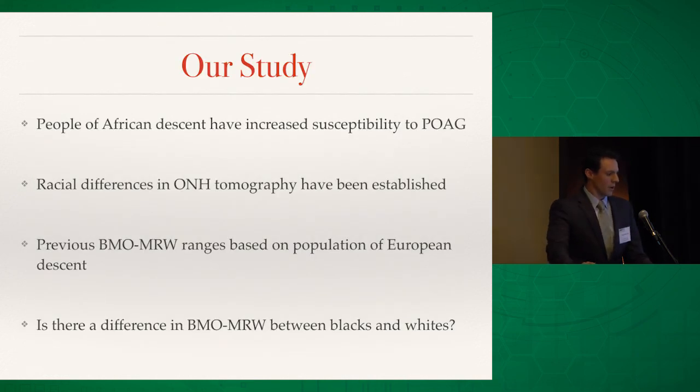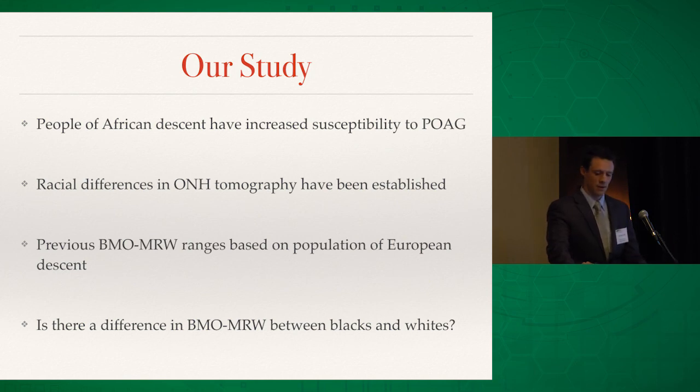So in our study, we wanted to know if there was a difference in BMO MRW across races. We know that people of African descent have an increased susceptibility to open-angle glaucoma. We know that there are studies that have shown that there are racial differences in the optic nerve head tomography, such as larger cups or increased cup-to-disc ratio. And the previous BMO MRW studies have been based on normative databases that were strictly used